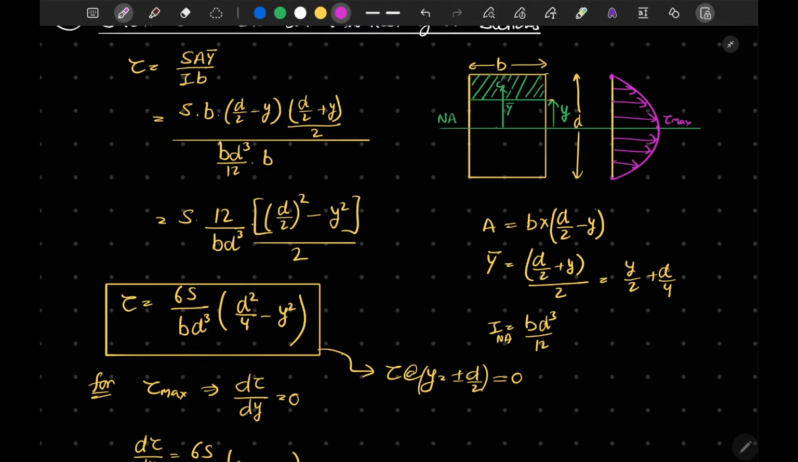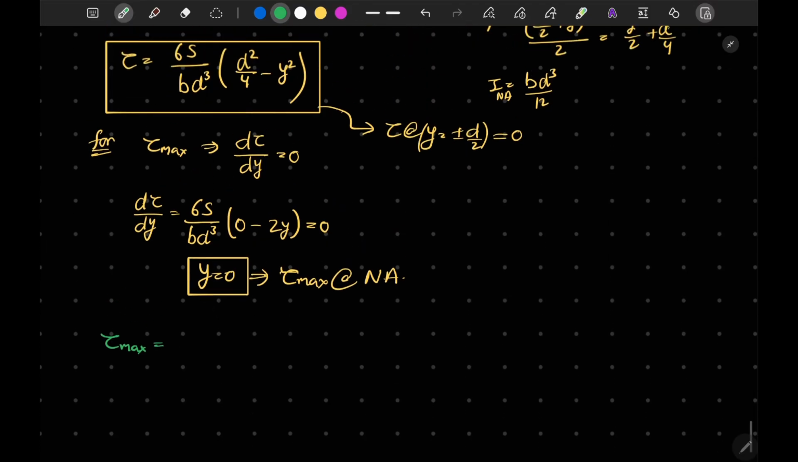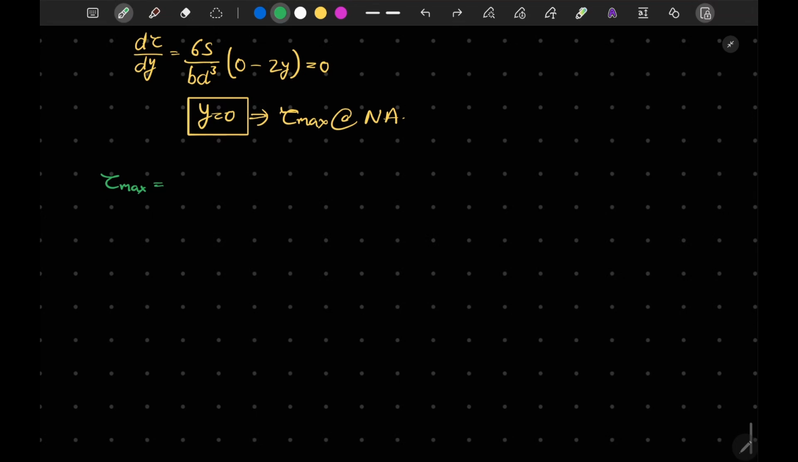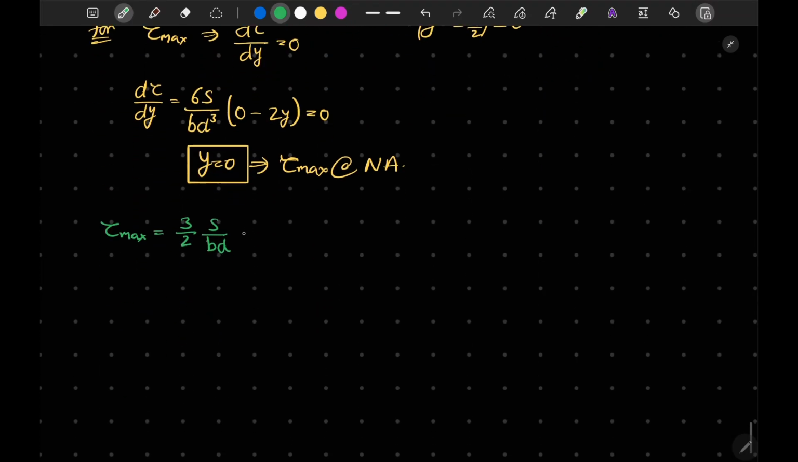Okay, I hope you understood till this point. Now for the maximum value, we can write that tau max is equal to, we will substitute y is equal to 0 in this equation, and we will obtain the value of tau max is equal to 3/2 times S upon BD. If we solve this, we will obtain this equation, and from there we can write tau max